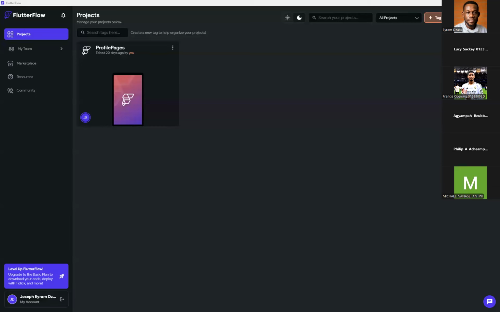We want to look at the entire application, the platform. But to start with, you have to download it and have it set up so that you can be able to create projects. You sign in to it. You can sign in using